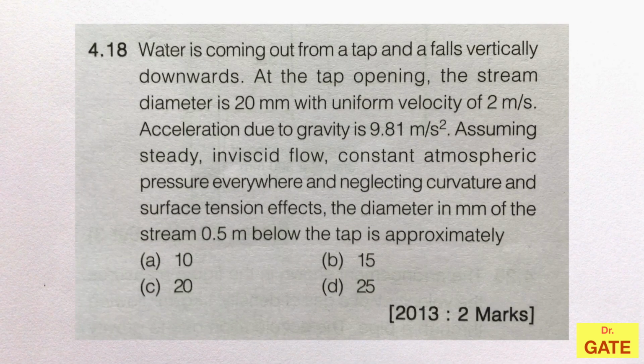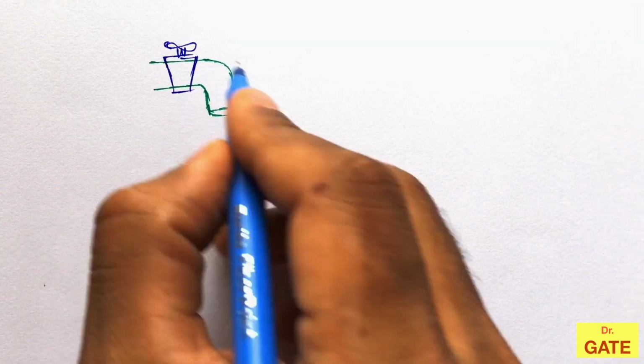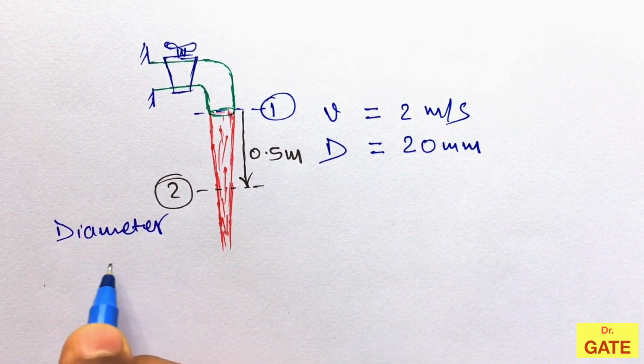Let's solve one more numerical. Water is coming out from a tap and falls vertically downwards. At the tap opening, the stream diameter is 20 mm with a uniform velocity of 2 meter per second. Acceleration due to gravity is 9.81 meter per second square. Assuming steady, inviscid flow, constant atmospheric pressure everywhere, and neglecting the curvature and surface tension effect, the diameter in millimeter of the stream, 0.5 m below the tap, is approximately something like this is given, and we have to find